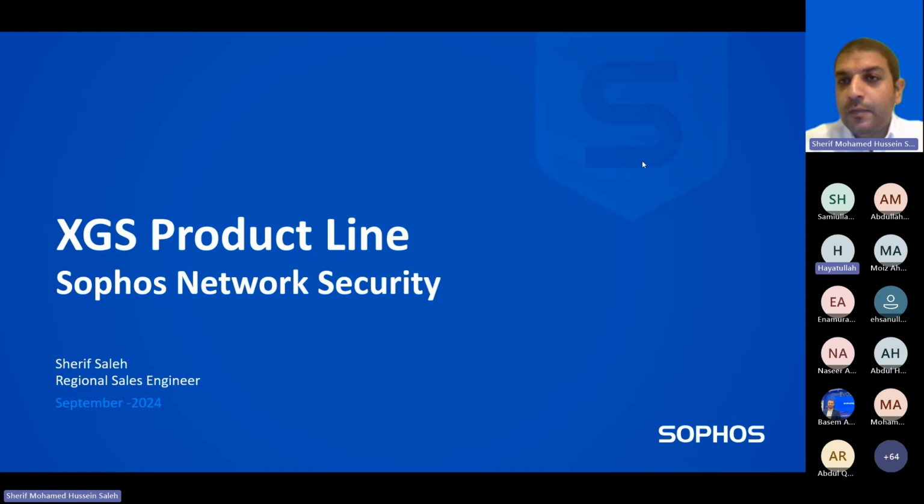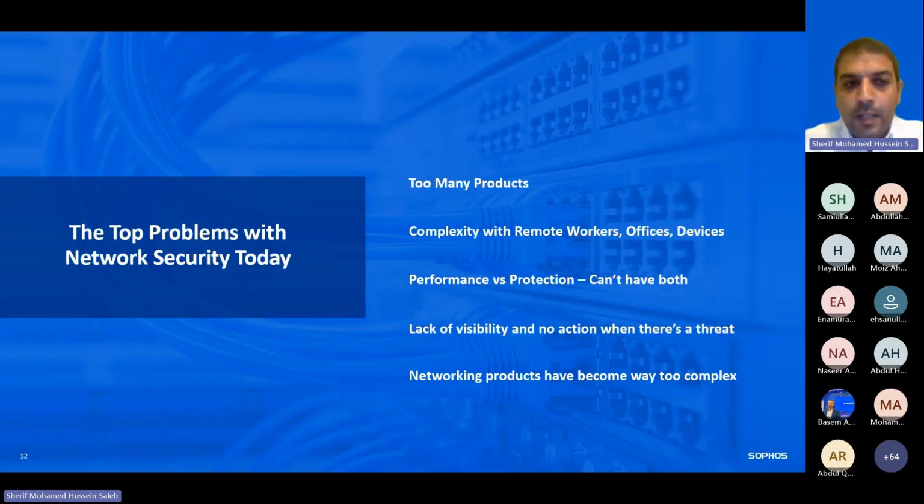In today's session, I will divide the technical topics into two different presentations. One of them we will be talking about the XGS and how we can utilize this product. The other part will be talking about the MDR streamline and what benefits come out of the MDR to the customers. So when we are talking about any network security solutions, the